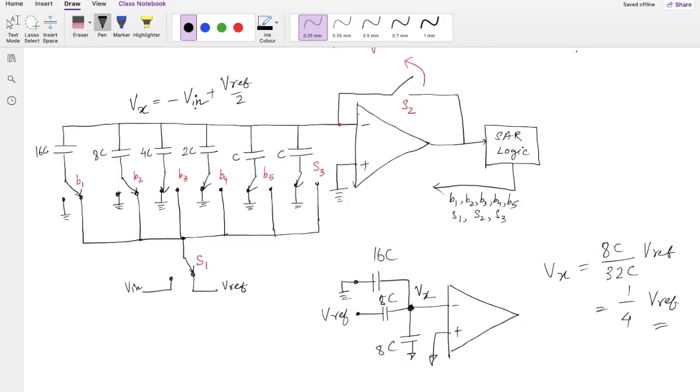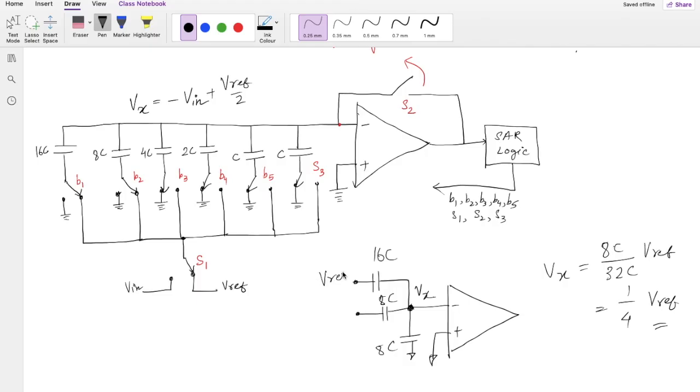Now, by using the superposition theorem, we know that this Vx is already minus Vin plus Vref. Or if I just make this also connected to Vref, then what we need to do is